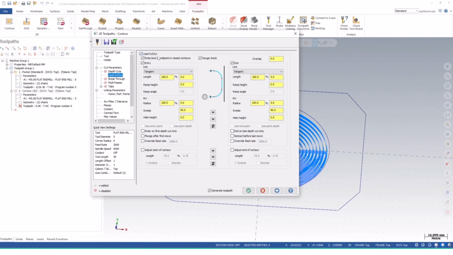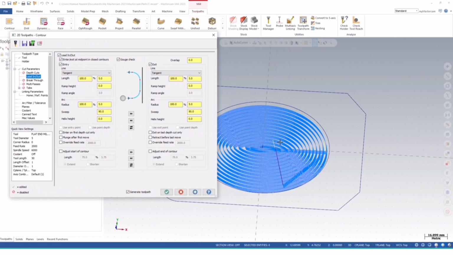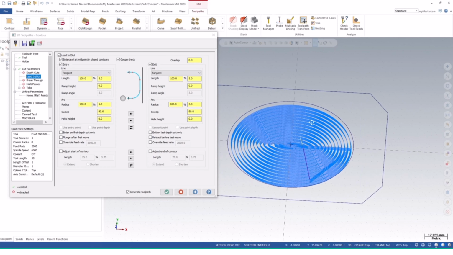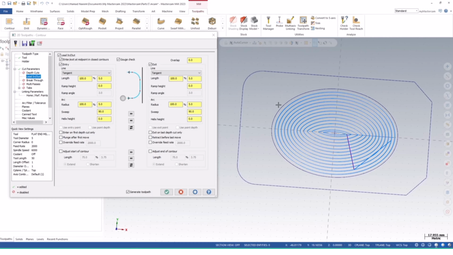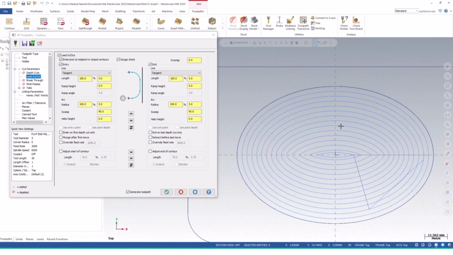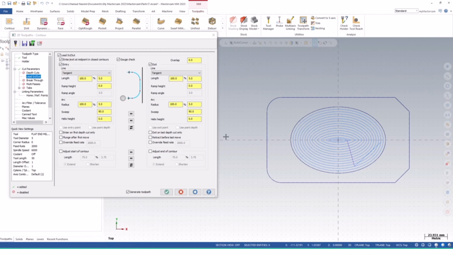And entry, lead in and lead out. So here I'm going to show you how the cutter will enter into the workpiece and how it will cut the outside boundary. Okay, let me show you that by default we have the entry, meaning how the cutter will enter. Its entry will be tangential to the geometry. So the cutter, you know that we use the round cutter. So the cutter's round profile will be tangential to this geometry, and the tangential geometry has the length of 100%,